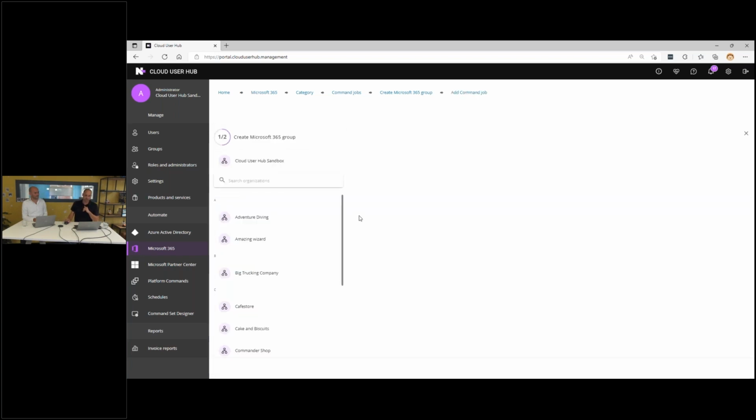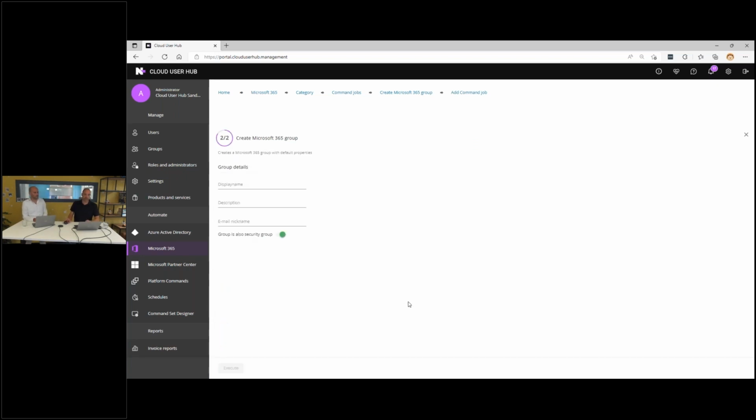So let's add a command job. You can see that I have more or less the same interface for creating a group. So it almost looks the same as that normal interface, but this interface is not built, it's code. And that means that we can add commands very quickly and very easily, and you would still work in the same interface. And of course, the parameters would be different, but this allows us to bring a lot of content in from a generic setup.